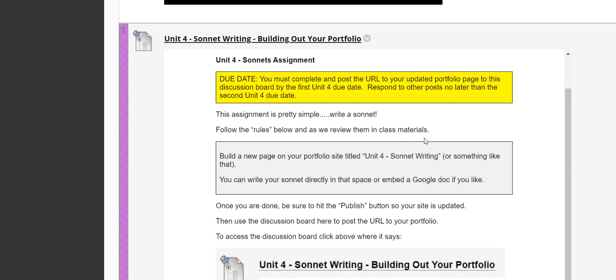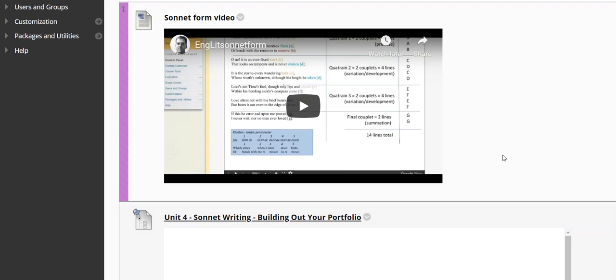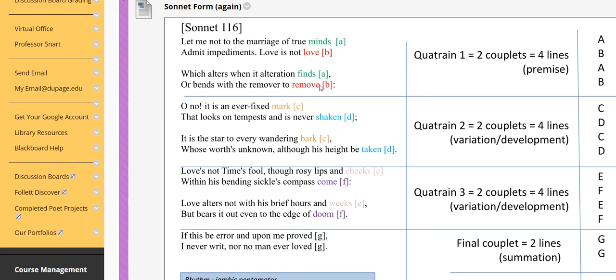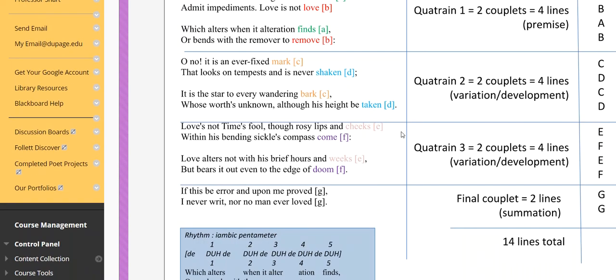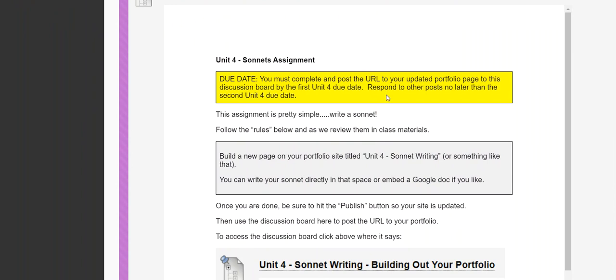So all you're going to do is write a sonnet, right? Sounds easy. But especially for that iambic pentameter, that is really what I'm looking for. And unlike the sonnets that we read in Unit 3, which break the rules left, right, and center, we really want to produce sonnets that follow every rule to a T. It's almost artificial in the sense, but it's our way of learning about the sonnet form. Not breaking the rules, but practicing the rules. Clearly we're going to do the English, Shakespearean, Elizabethan sonnet here that's outlined and that I talk about in the video. So again, working in your portfolio page,